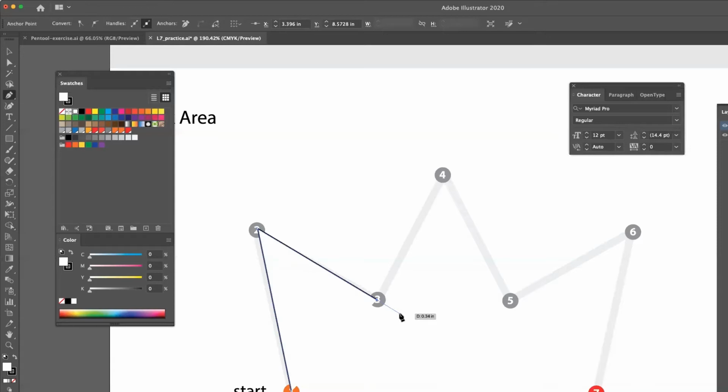And a closed path, for the most part, is what we consider a shape. That means we've actually ended at the very beginning point. When we have an open path, it means we never went back to the beginning point. Now, whether it's open or closed, you'll notice that if I have a fill color, which I do right now,